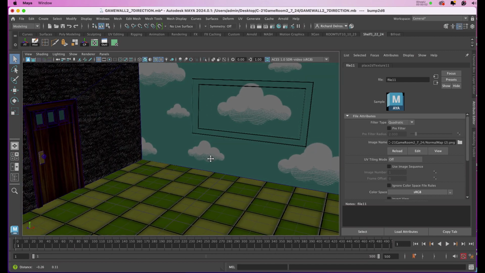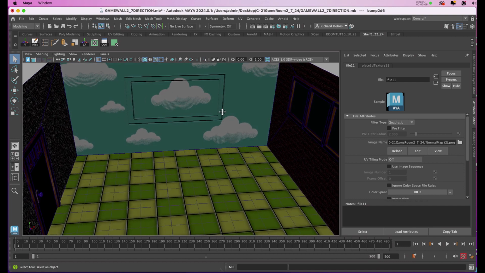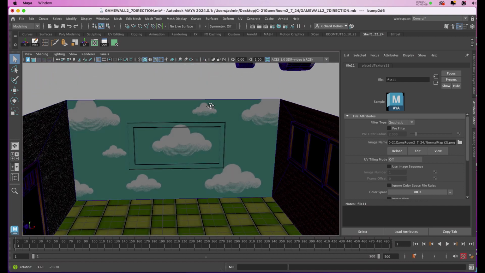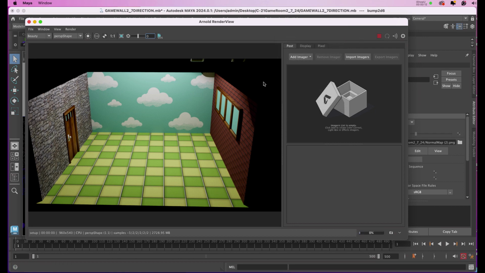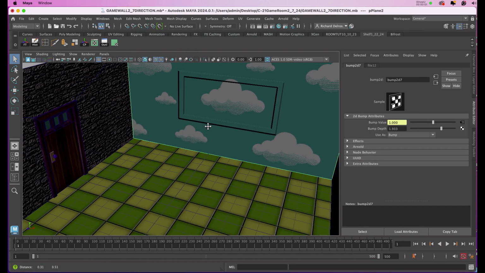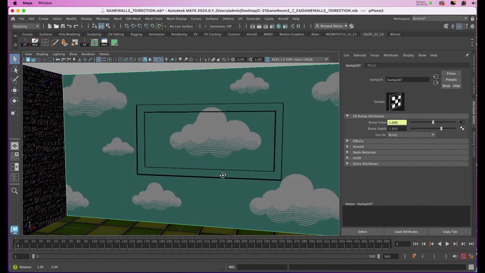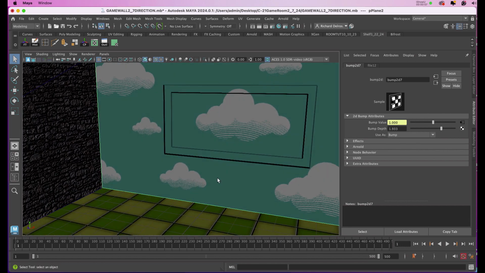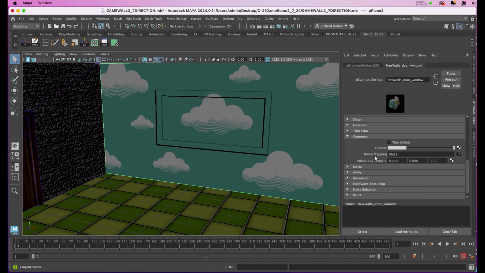You'll see that the textures have been applied with the window as well that we generated with just the grayscale imagery. I'll just go to Arnold, open Arnold Render View. I'm going to give it a render to see what it looks like. We also have the option to change the weight of the normal map and the bump map by using the attributes for the bump map feature. We'll do that by going to our material attributes, and down where we introduce the bump map, I'll click on the box